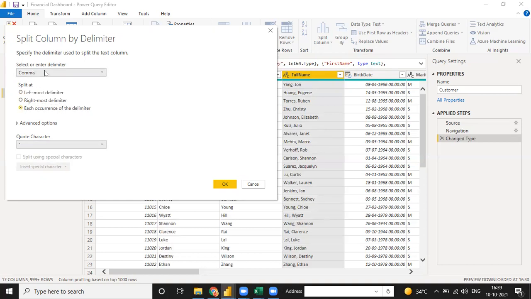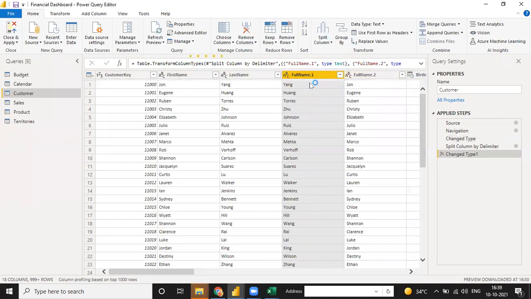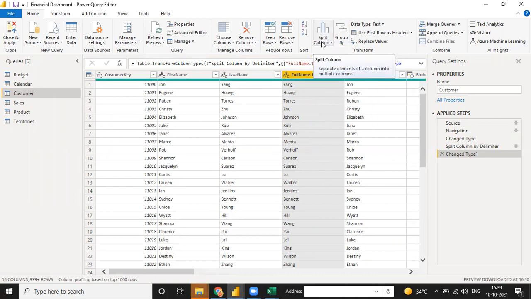Yeah, select the delimiter. See, there is a comma, equal sign, semicolon, space, or tab. Right now it's a comma, so you can just click on comma and click OK. And when you click OK, see, your value will be changed. First name and the last name. Okay, your value will be changed. So this is the use of split column. You can just go to split and click the side. You can change the split column for this.